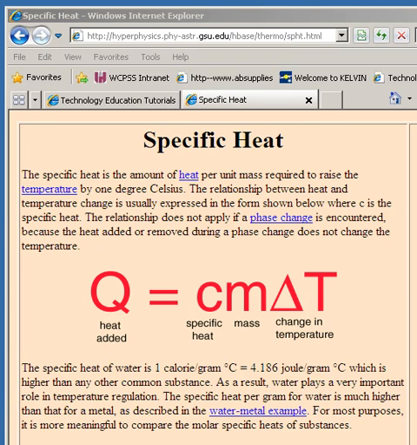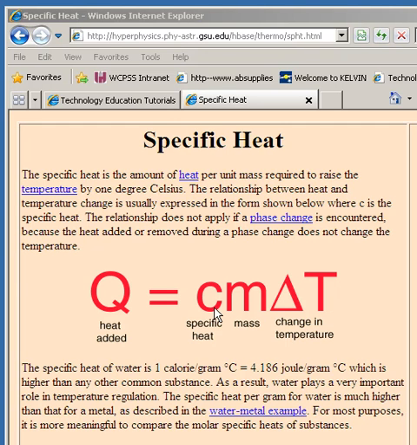In this lesson we're going to be learning about specific heat as we're learning thermodynamics. The formula that we're using to try to calculate heat transfer is Q equals cm times delta T. Q is the symbol for the heat transfer, the amount of heat that's being transferred from one object to another, or one fluid to another, in heat transfer. Okay, so the formula that we use is specific heat times mass times the delta T, or the change in